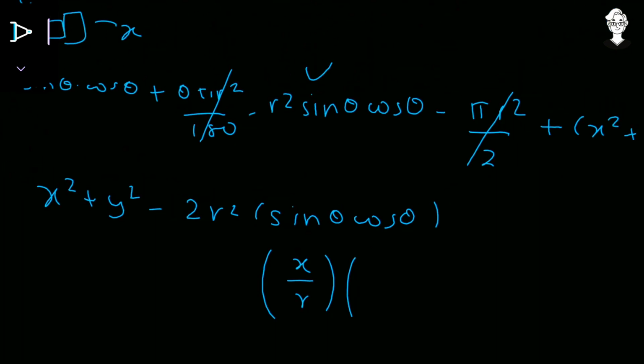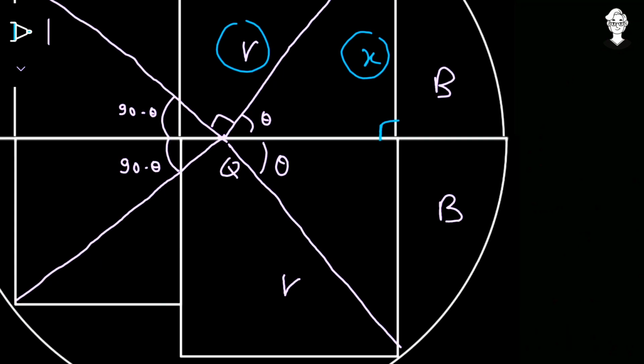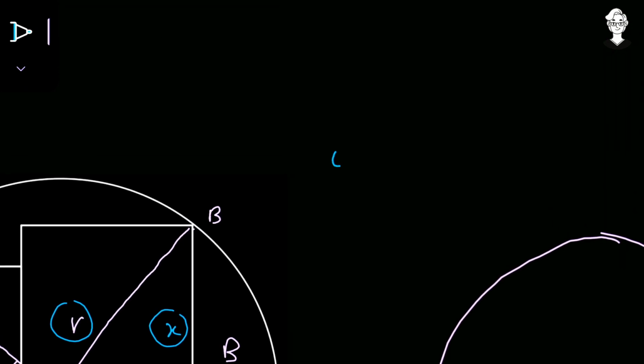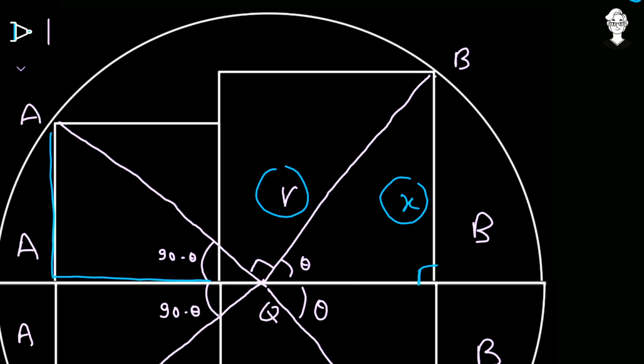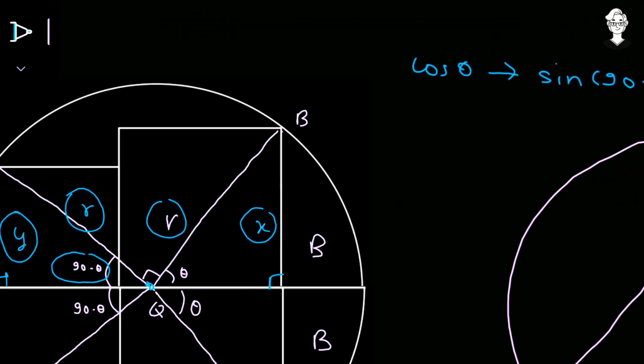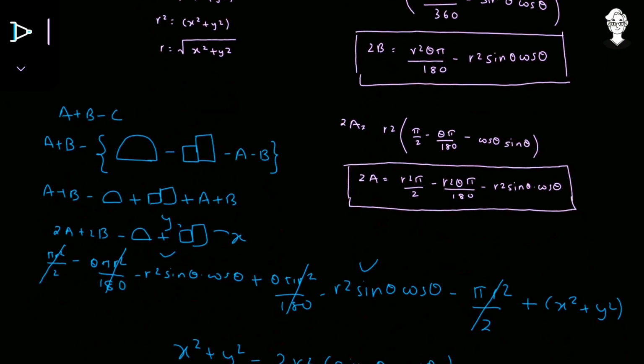Now we can have the value of cos of theta. Now cos of theta is ultimately going to be over here, look carefully. So we need the value of cos of theta. Now we know cos of theta is exactly equal to sine of 90 minus theta. Now we can see that over here we have a right angle triangle and it is having an angle 90 minus theta. So if we find the value of sine of 90 minus theta in this particular right angle triangle, we have the value of cos of theta. Over here this is the side of the smaller square, that is y, and this is the hypotenuse and that is going to be the radius, so that is equal to r. So sine of 90 minus theta is equal to y upon r, and that is the value of cos of theta. So over there I am putting the value of cos of theta.